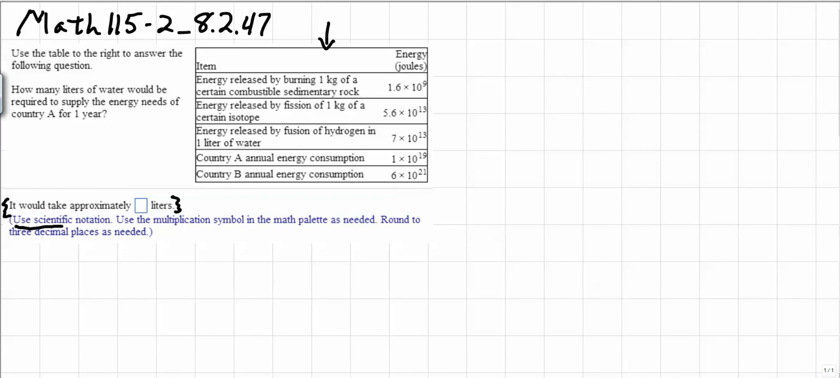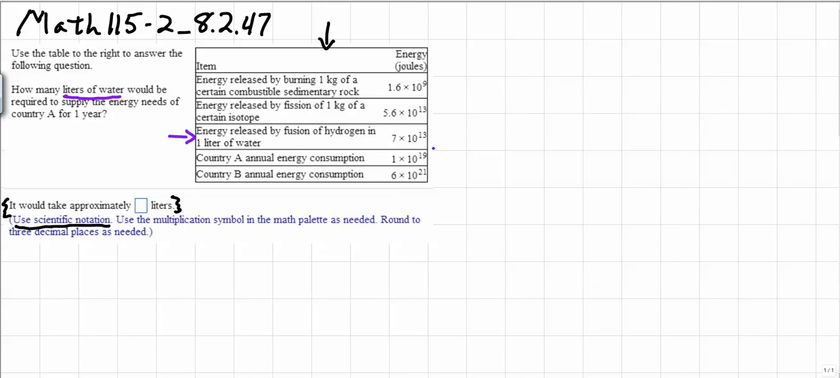Notice that this says use scientific notation and use the multiplication symbol in the math palette as needed. Round to 3 decimal places as needed. Well, in order to do this problem, you need to have a thorough understanding of scientific notation, and we need to understand our units. The units are going to be important for this particular problem. So we're talking about how many liters of water, which means that we'll be looking at this line right here,